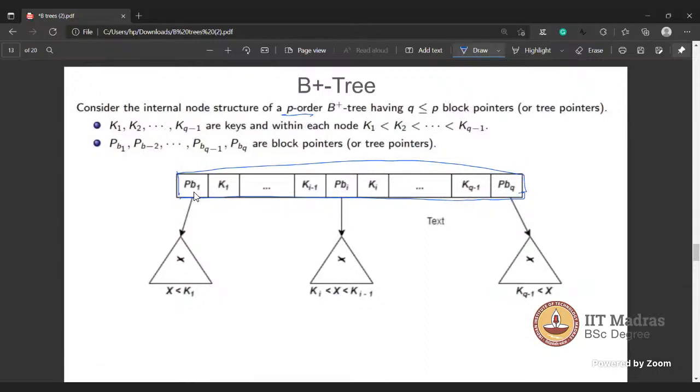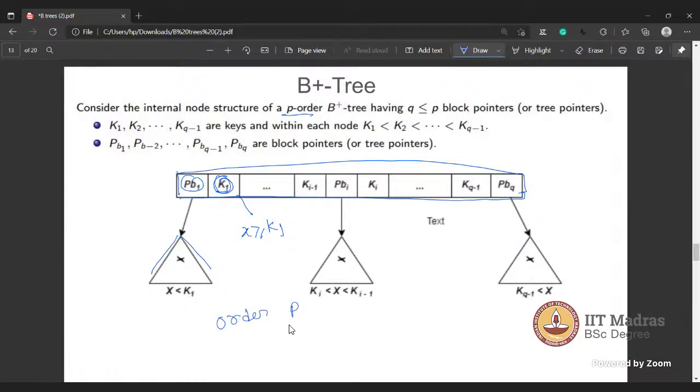So first, block pointers. It consists in internal nodes only key values, not record pointers. This subtree is strictly less than or equal to this key value, and this is greater than or equal to k1, like this. So if the order is p